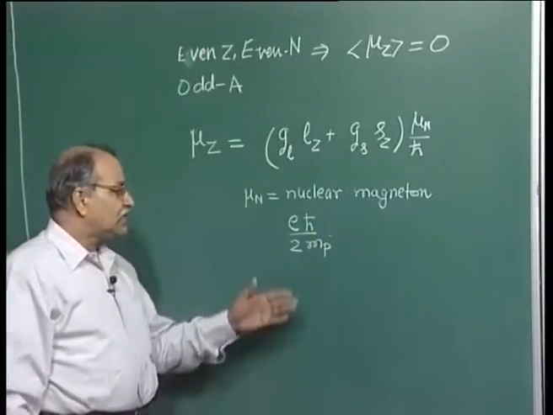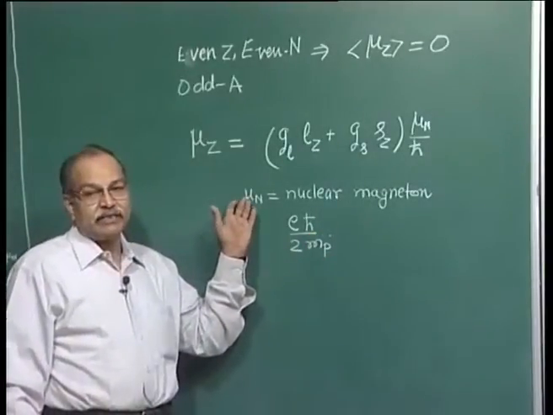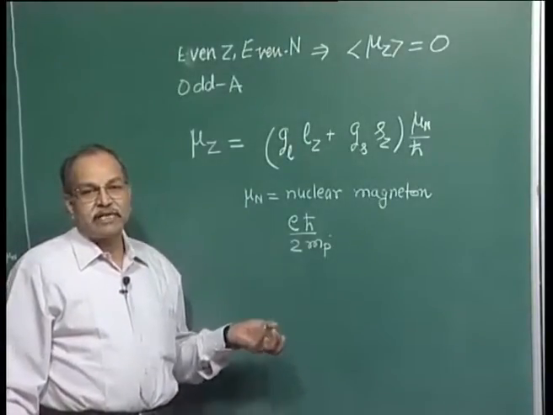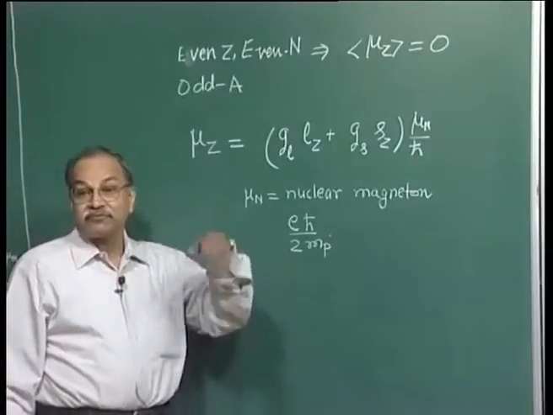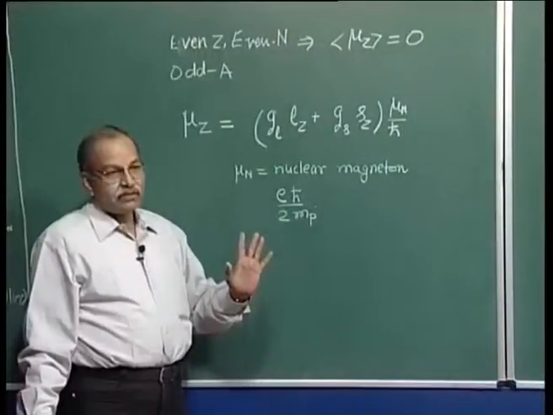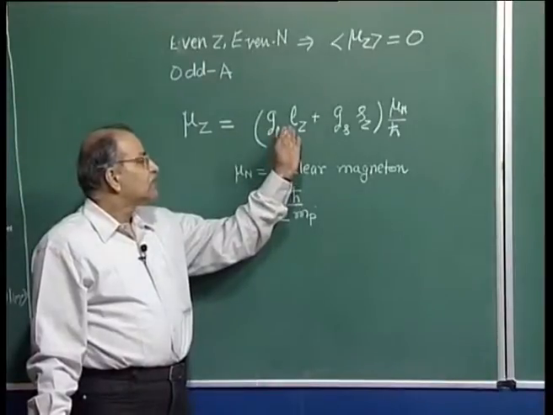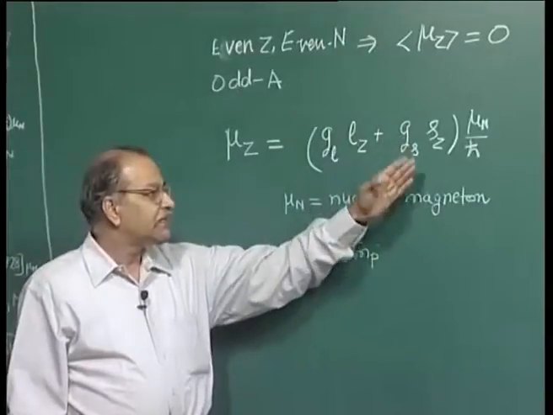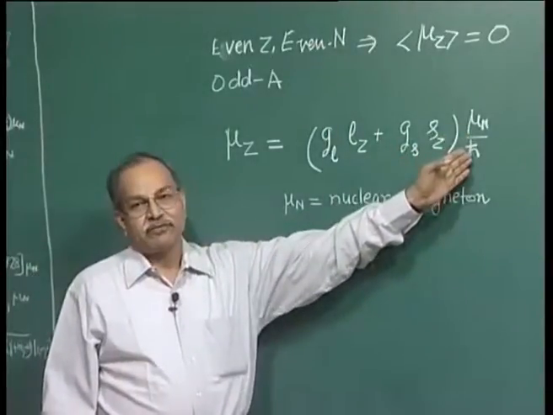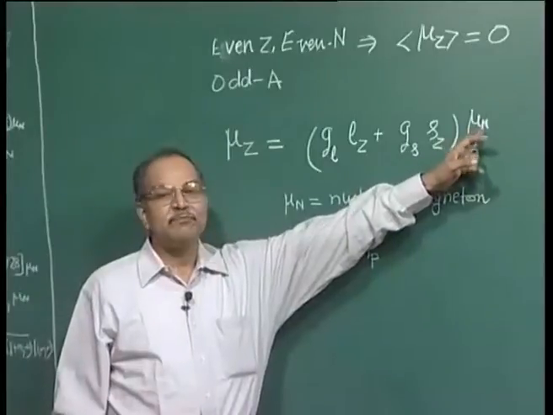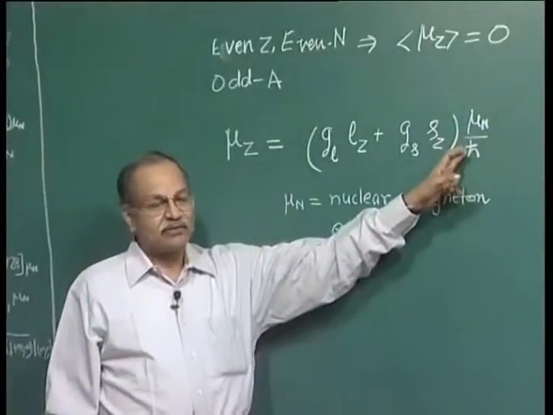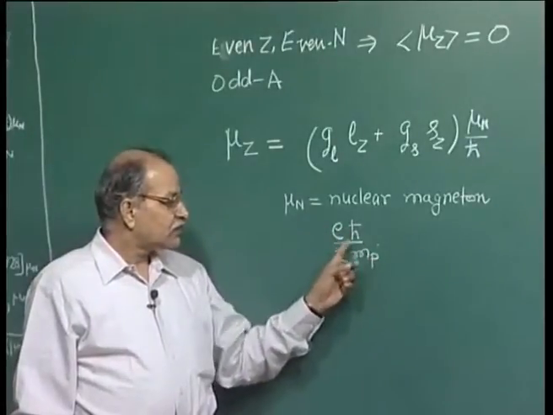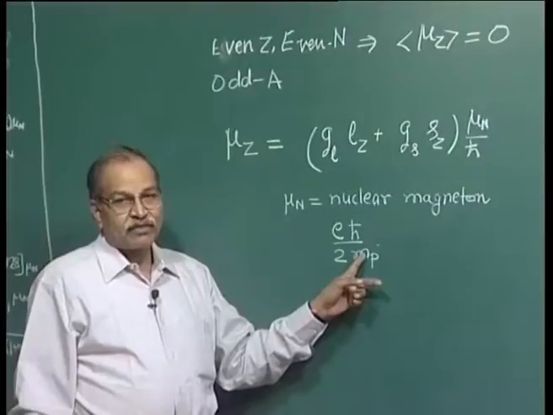So, we always work with these units. In atomic physics, when we talk of the magnetic moment of the atom, that magnetic moment largely comes from the electrons, the Lz of the electron and the Sz of the electron. There we talk in terms of the Bohr magneton, mu_B, and we write mu_B over h-cross. The Bohr magneton is defined again by a similar formula, e h-cross by 2 times the mass of